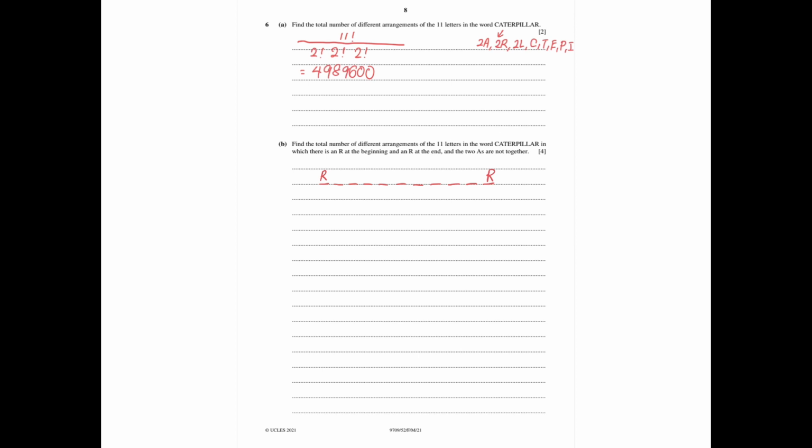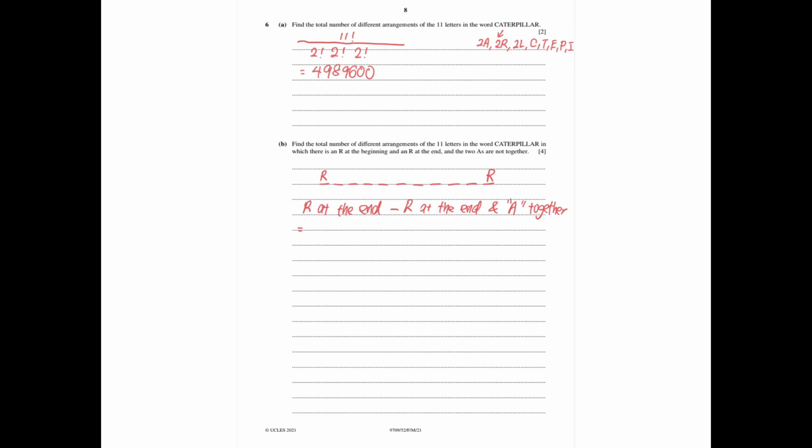So what I am planning to do is find the total ways to put R at the beginning and R at the end. Then I'm going to minus the cases with R at the beginning and end and A's together. Okay, so let's take a look at how we do it. To put R at the beginning and at the end, the calculation will be,